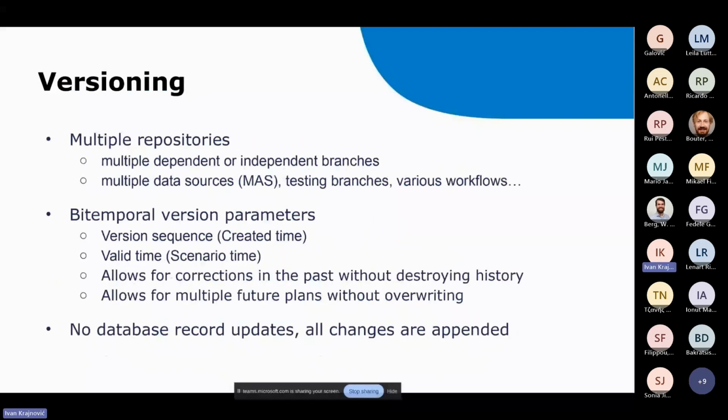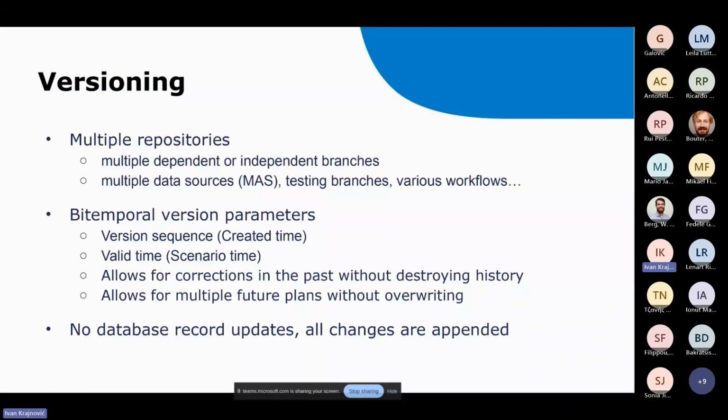Okay. And the versioning that we implemented and that we are most proud of is bitemporal versioning. So you need to differentiate between the time that you enter the data in your system and the time that this data is valid, because you can enter data today that a new substation is going to be built and put into working order a month from now. So you enter today future data, or maybe some data was incorrect and you enter it today, but you change it from 6 months ago. And you want to have this whole audit log, this whole versioning history, and you need bitemporal versioning.